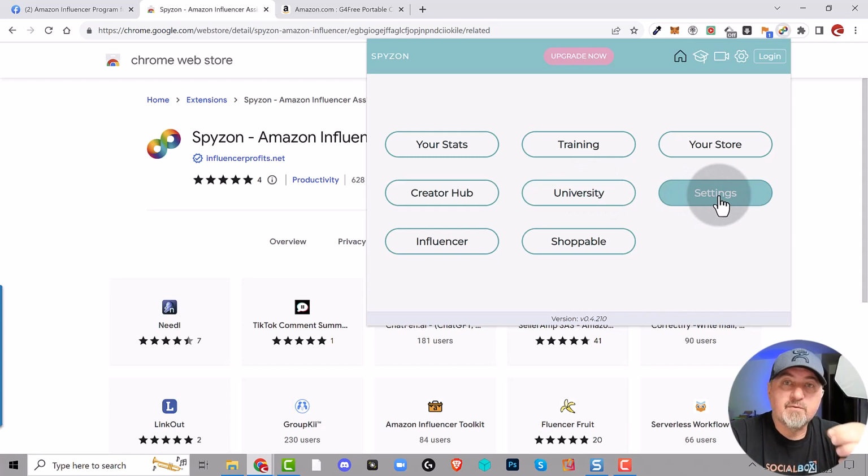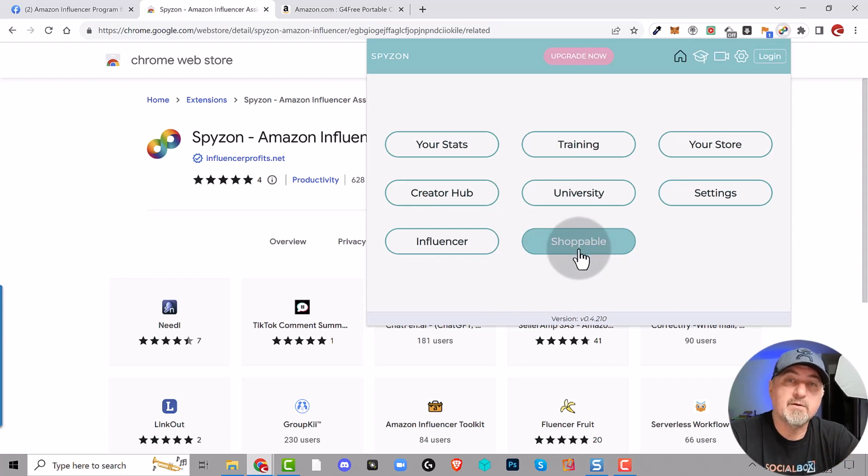Settings, these are the settings for the SpyZon extension. I'm going to show you that in a second. And then, of course, two links to the Facebook group. So this is the influencer group, and then the shoppable group where you can meet sellers and get paid to